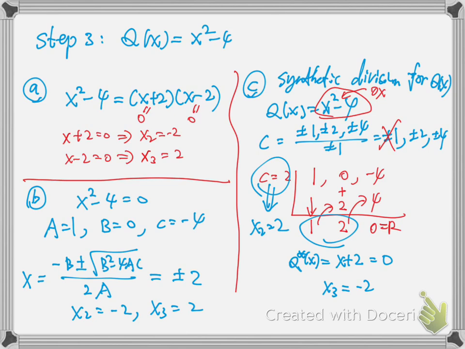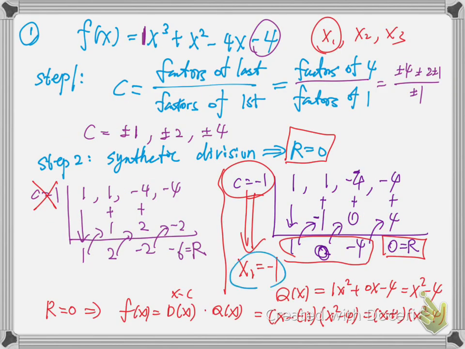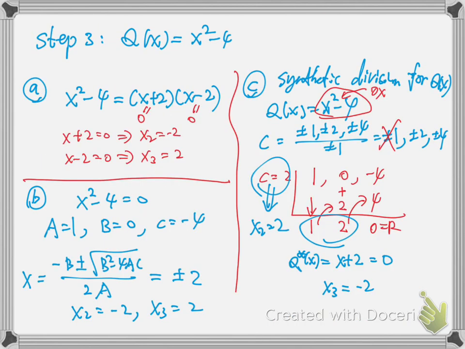So now we have 3 solutions. The first solution is negative 1, and then we get 2 and negative 2 for the other 2 solutions. Okay, now for the second problem,